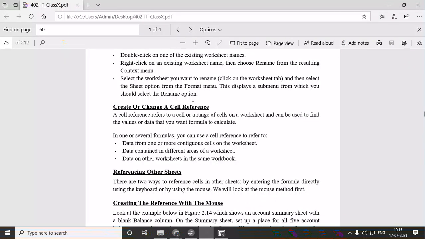Whenever you are working on cells, there are two options. You can change your cell reference with the help of either the keyboard or the mouse.